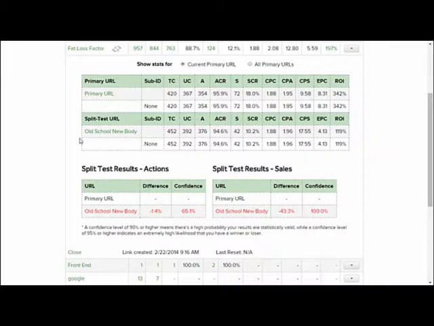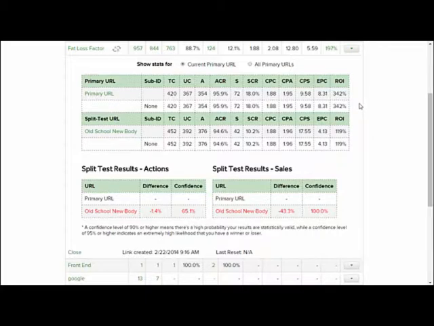In this particular case, I was doing a split test between 2 popular affiliate weight loss offers, and you can see the detailed stats for each of the offers that I was split testing right here. In this example, the primary offer outperformed the other offer I was testing by almost 3 to 1. So as you can see, split testing is one of the easiest and most reliable ways to increase your ROI,